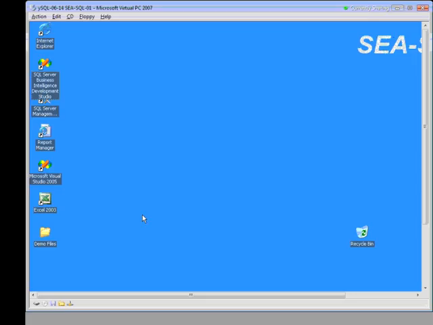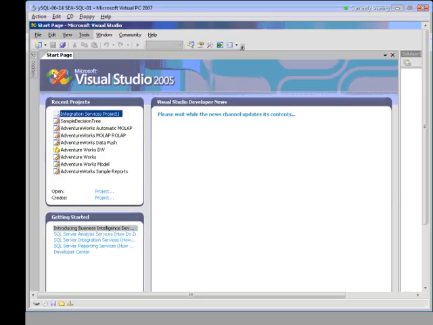In my virtual PC environment, I've created 2 servers, so I'm running 2 different machines. One is a domain controller, so we can do some Active Directory type of things, and the other is this SQL Server box that I'm running here. The name of the machine I'm going to run is SEA SQL 01, which is a Server 2003 box that I've installed SQL Server on. The first thing I'm going to do is click on that little icon on the desktop to open up SQL Server Business Intelligence Development Studio. It's hosted inside Microsoft Visual Studio. This is an application we'll be using for our data preparation process.